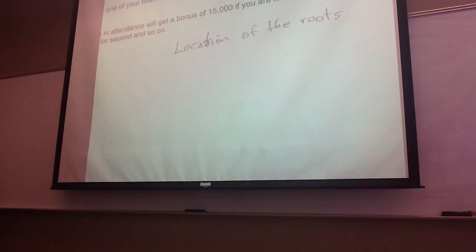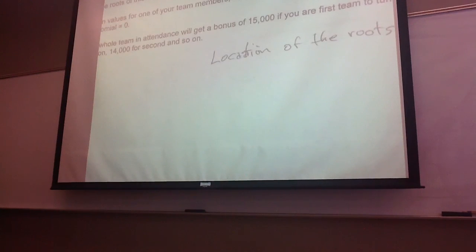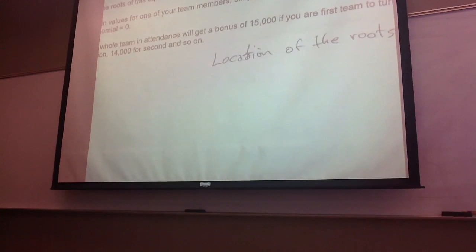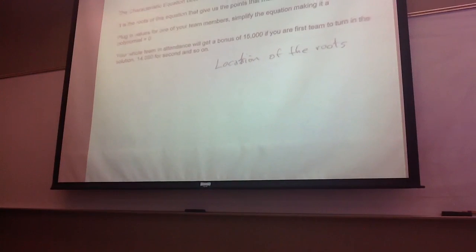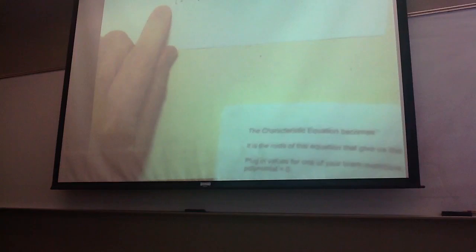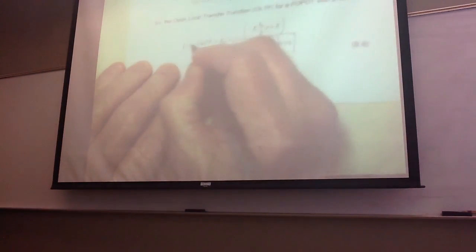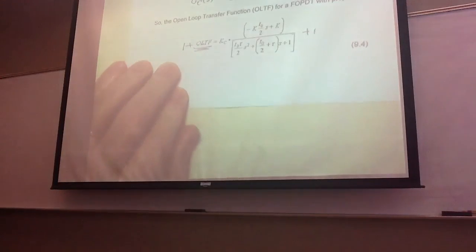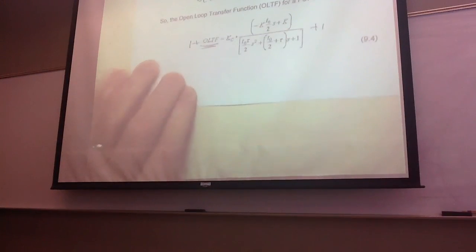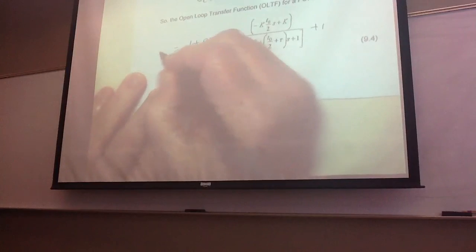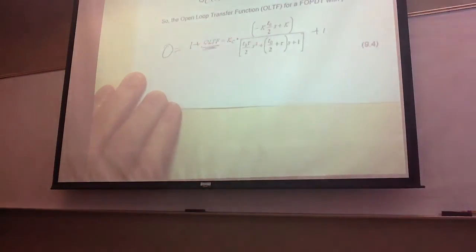Okay, so now then. We have that equation that's the OLTF. We just add 1 to it. So 1 plus the OLTF is just this plus 1. That's not too hard. So this is now the characteristic equation. We set that equal to 0 to find